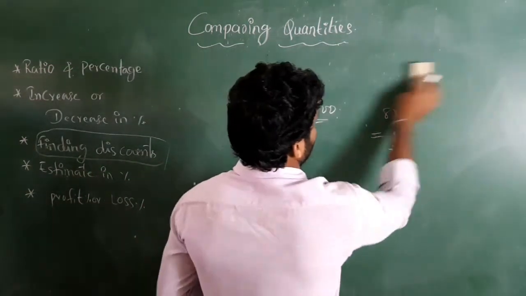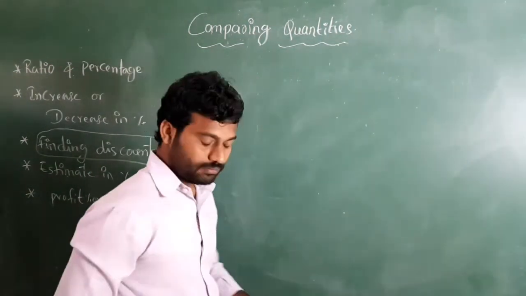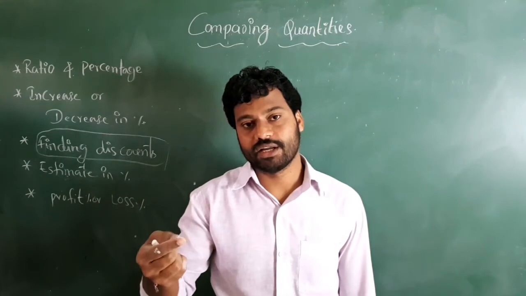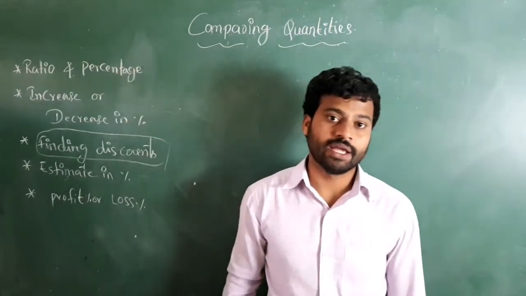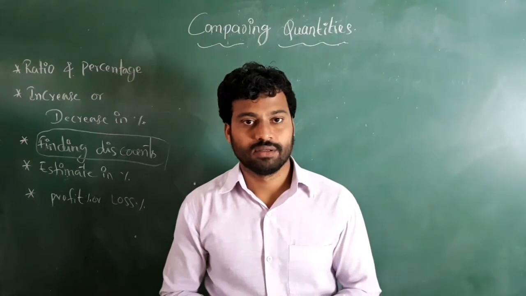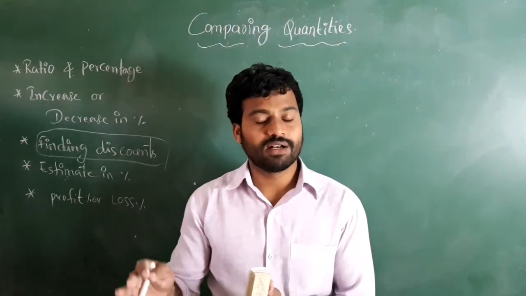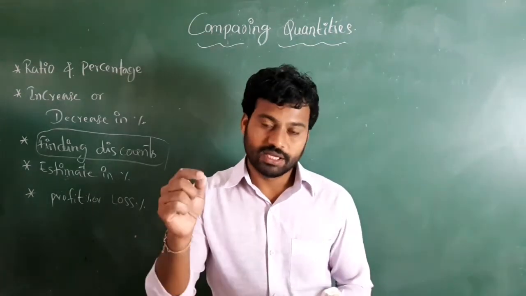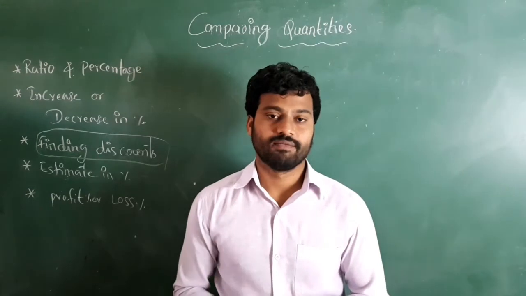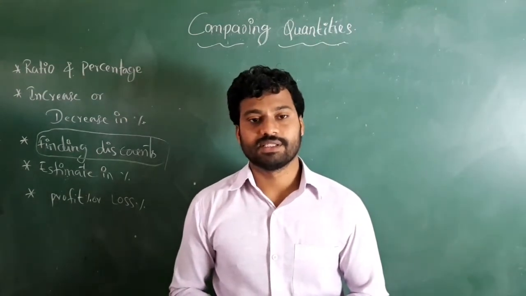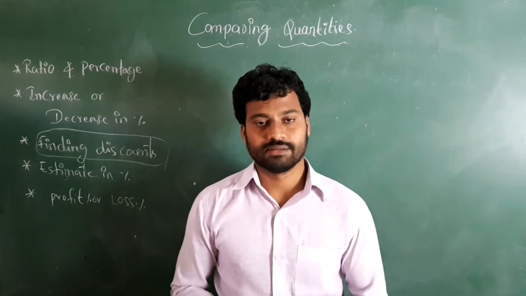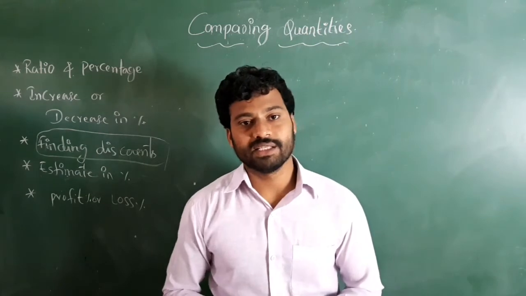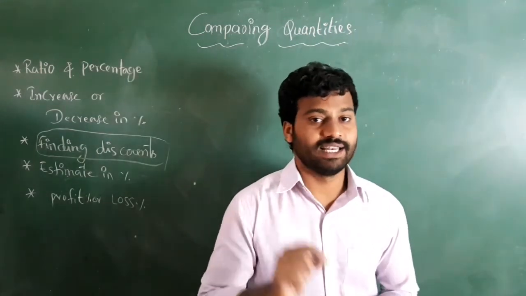So next is profit or loss percentage. See, I already said that on the price tag, the price is the market price. It is not actually the cost price, which is what expenses we bear to manufacture the product. In the market price, all the overhead values, traveling expenses, everything will be included. So while finding profit or loss, we should not go with the market price. We have to go with the cost price and selling price.